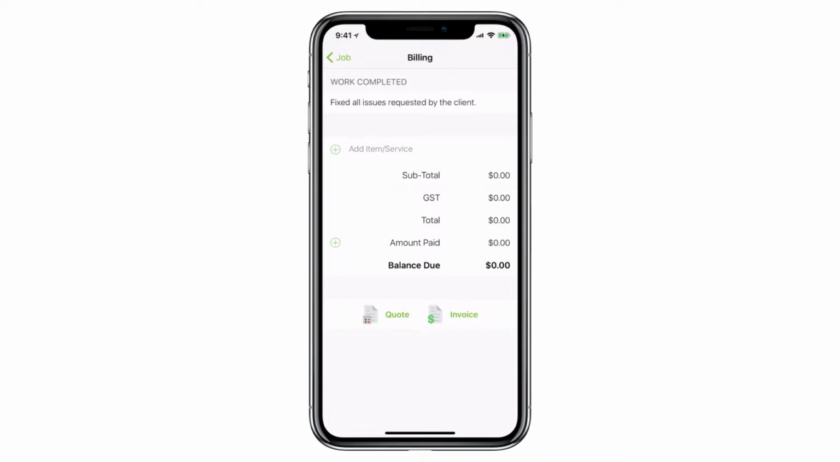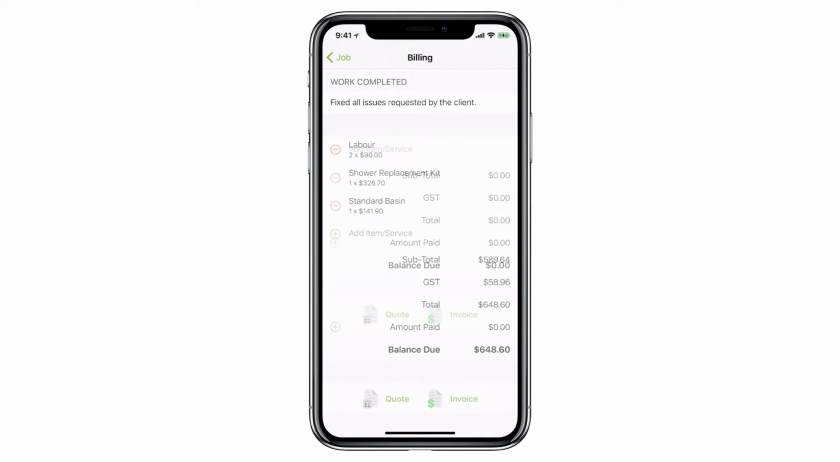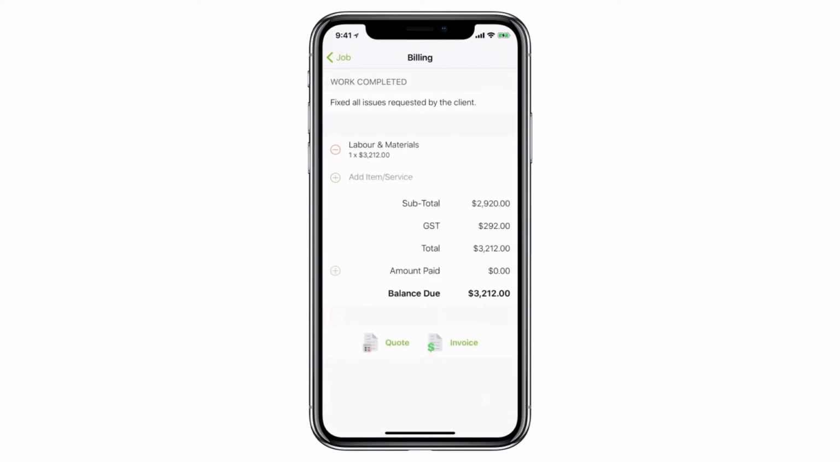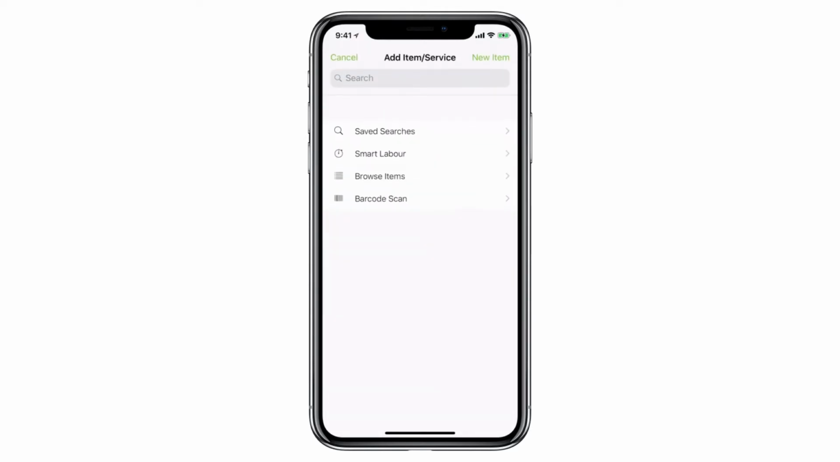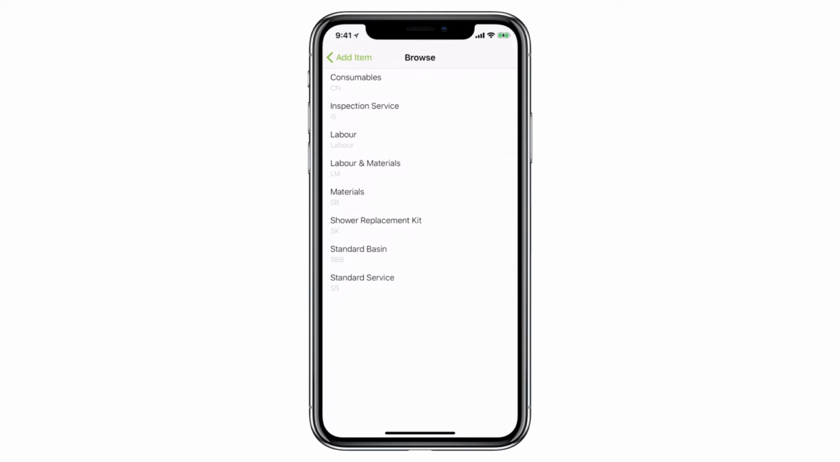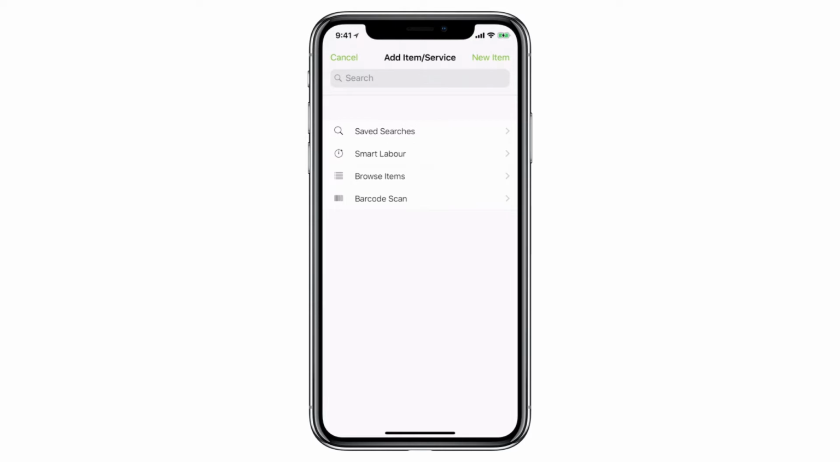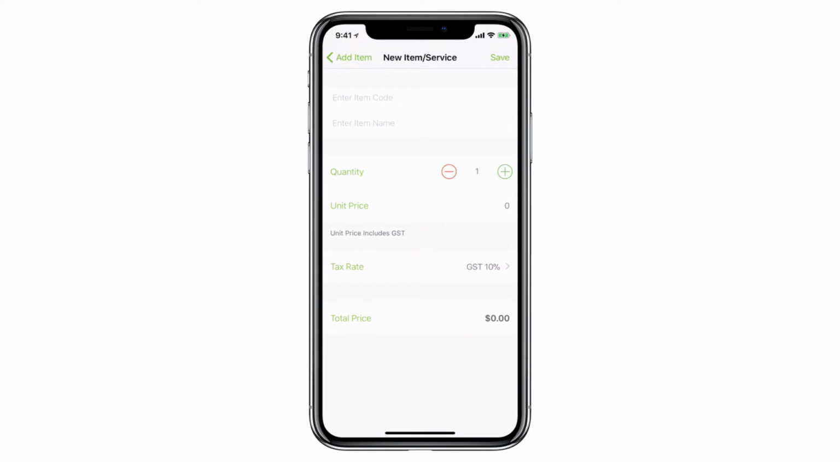Depending on your industry, you may want to charge for individual labour and material items, a total of labour and materials, or service-based. To add an item, tap Add Item/Service. If ServiceM8 is connected with an accounting package, or you've imported an item list, you can select from these items by searching or browsing. If not, you can create a new item by tapping New Item and filling in the